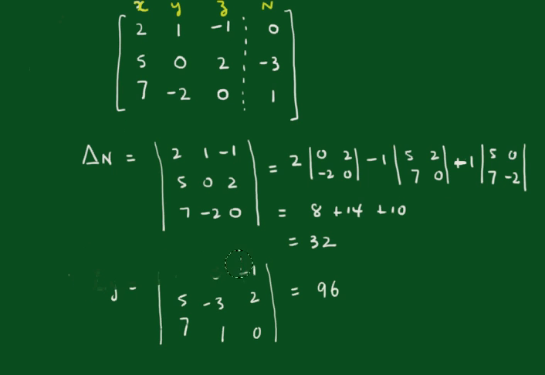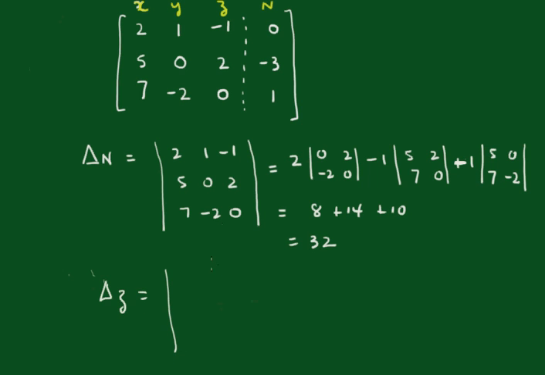Okay. So we get the z one. And we get delta z. Delta z is equal to 2, 5, 7, 1, 0, minus 2, and it was now 0, minus 3, and 1. And when you evaluate that one, just replacing the z column with the number column, you get the result of